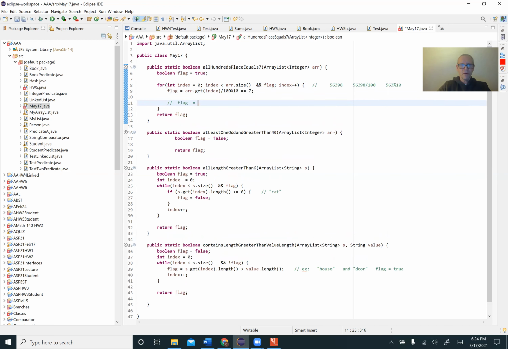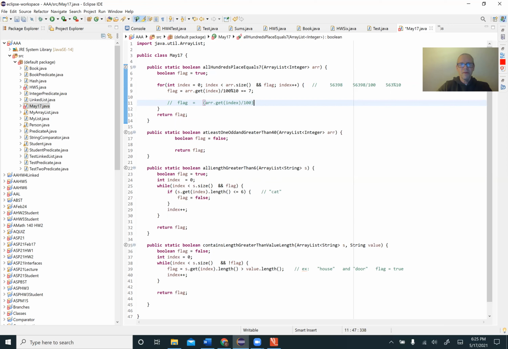Students, let's go back to line 9. That assignment operator, the one directly to the right of the flag, is the lowest order of precedence. That's always the last thing that gets evaluated. So I know that everything on the right side of that equal symbol is going to be evaluated first. We're going to do that comparison. So one way you could do this is to put parentheses around there. I think it looks better not to have the parentheses, but if you're really confused at first, you can go,